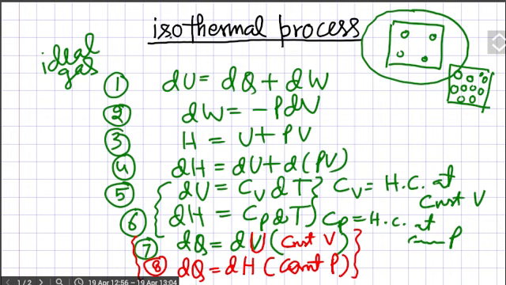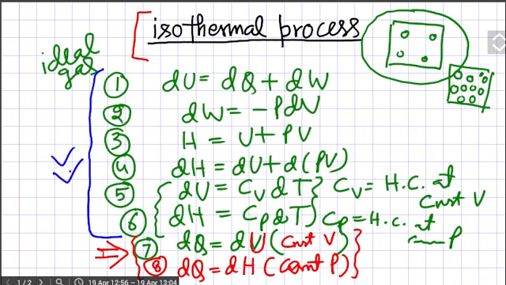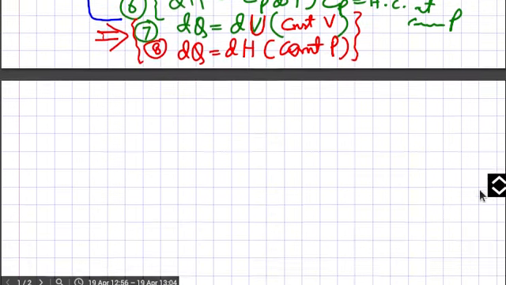But now we are dealing with an isothermal process, so we will not be able to use these formulas here, and the other formulas are valid for all processes. So for the isothermal process, we will use these 6 formulas. So we come to the isothermal process now. What is an isothermal process?